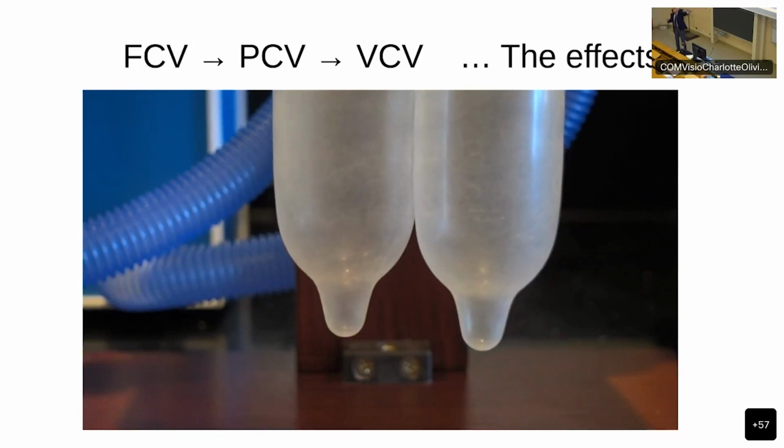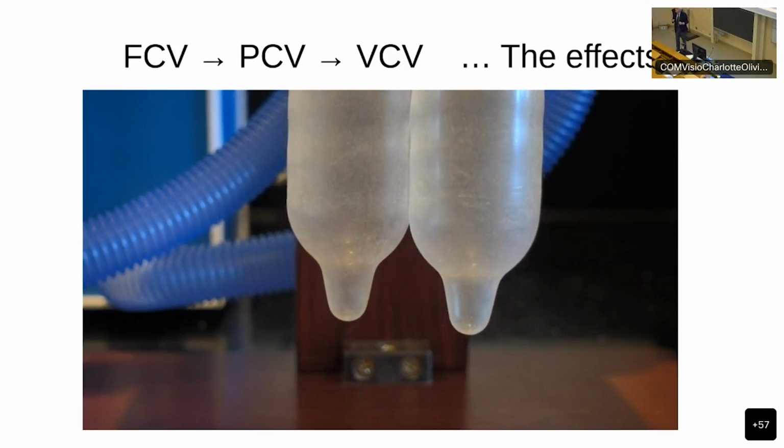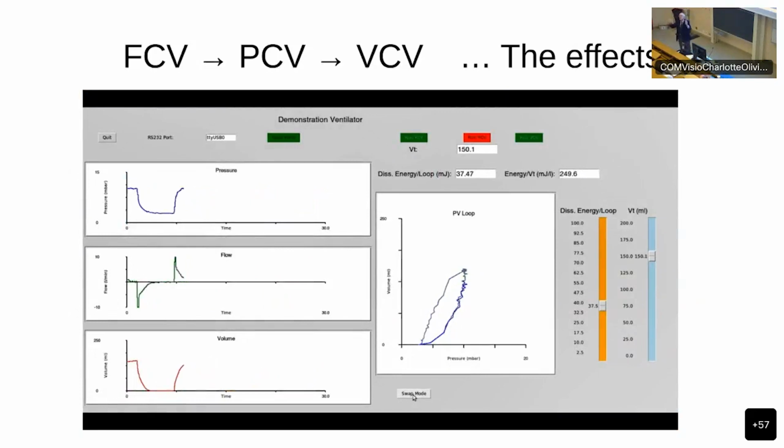Inspiration. See it twitch sideways? And the lung isn't very happy, is it? They're going every time. You can see high energy dissipation. Look at the loop. Look, the energy is up to 35 millijoules per cycle. It was 8. It's gone up to 35. It's gone up by 4 times for this system, just because we're ventilating with pressure control ventilation rather than with